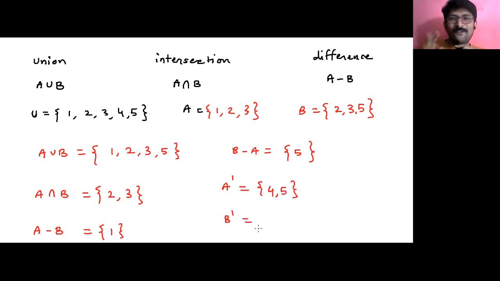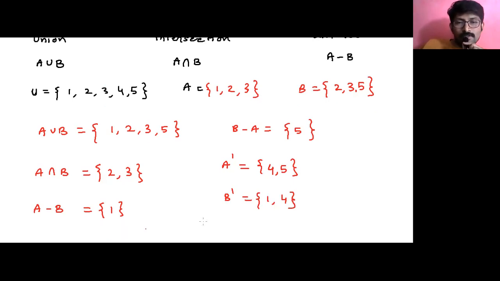Guys, I hope you are writing along with me. I am teaching you all this very quickly and very nicely, and you all are enjoying. Please keep writing. So what is B complement? From the universal set, remove the elements of set B. So 2, 3 and 5 हटा देंगे तो बाकी बचेगा 1 and 4. Now what is A complement intersection B complement? So simple, हम लोग क्या करेंगे, पहले A complement ढूंढेंगे, फिर B complement ढूंढेंगे, फिर इन दोनों में से कॉमन चीज क्या है? वो है element 4.